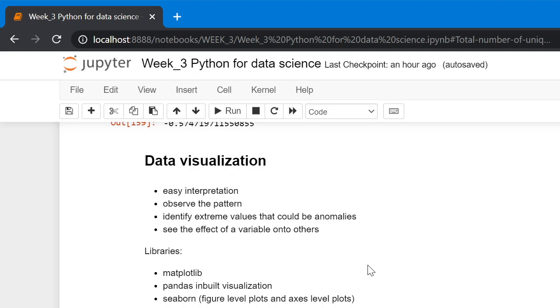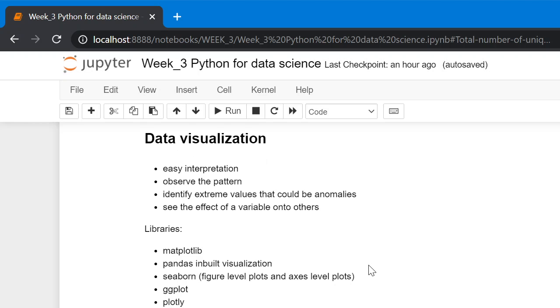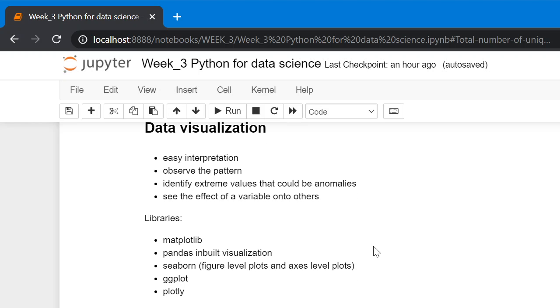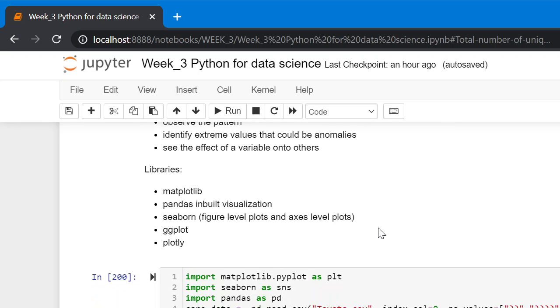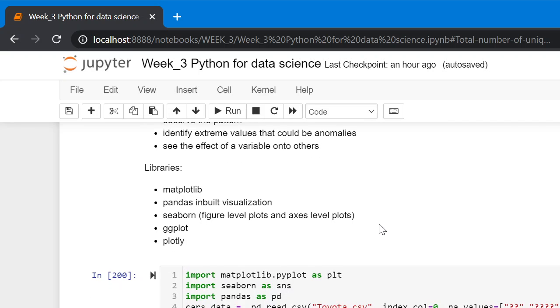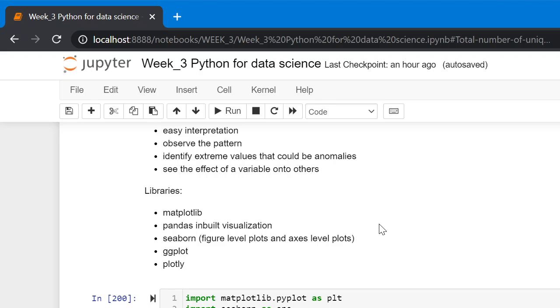There are various Python libraries for data visualization. Some of them we will talk about. The first one is Matplotlib. It is a very rich library for visualization in Python. The Pandas library also provides some functionality for visualization, which is built on top of Matplotlib.